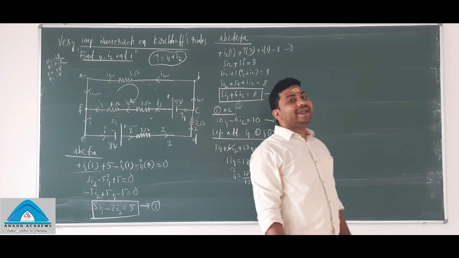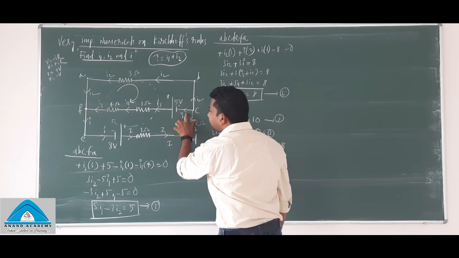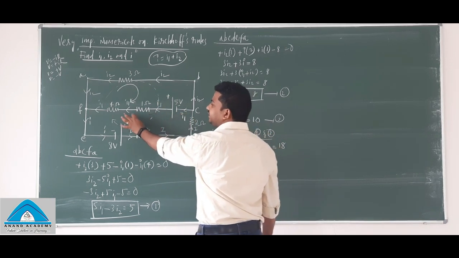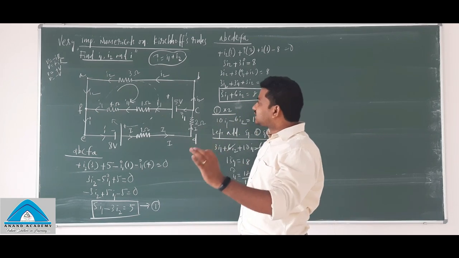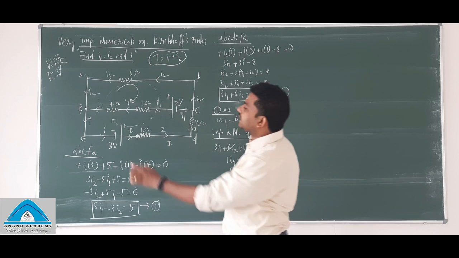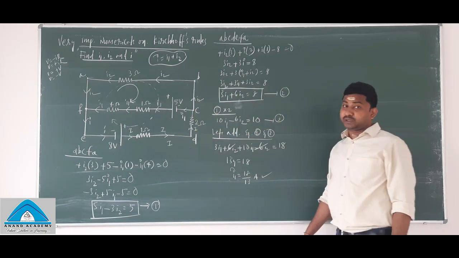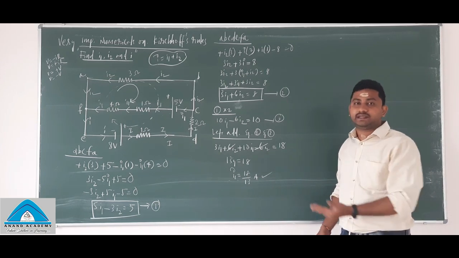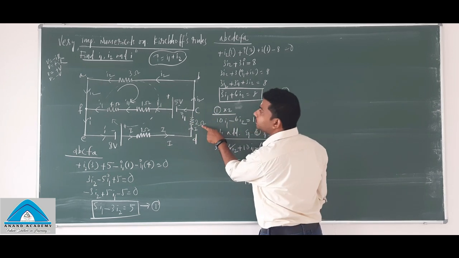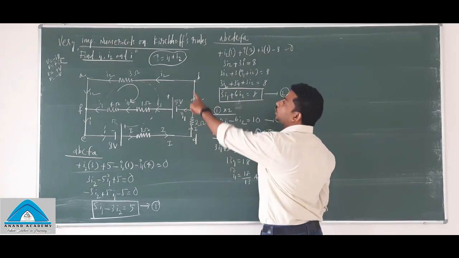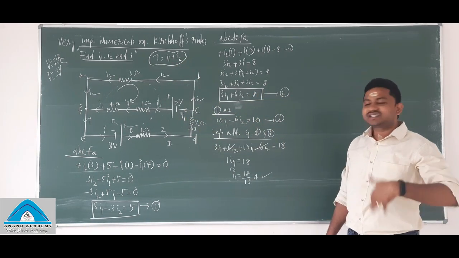I1 value is 18 by 13 ampere. You can see where I1 is passing through: I1 is passing through this cell, this resistor, this 4 ohm resistor. So now they can ask the question like, what is the current passing through this 4 ohm resistor? That is 18 by 13 ampere. They may not ask to find I1, I2 and I, right? They may ask any one thing. What is the current passing through this 2 ohm resistor? So that's I is equal to I1 plus I2. Okay, clear? In this way questions can be asked.